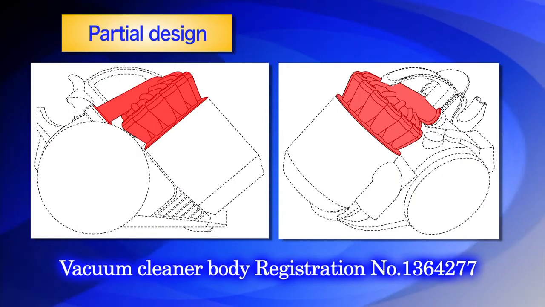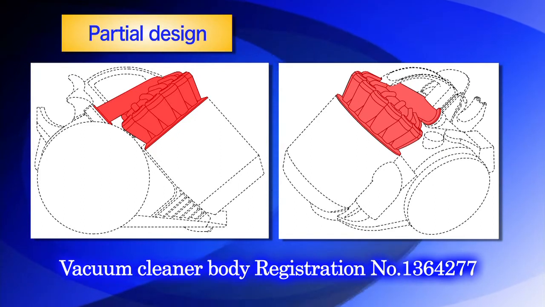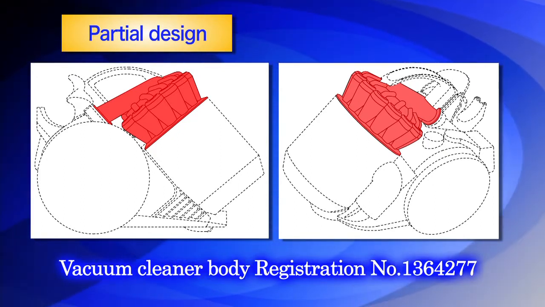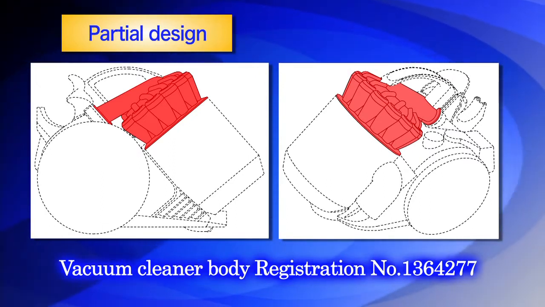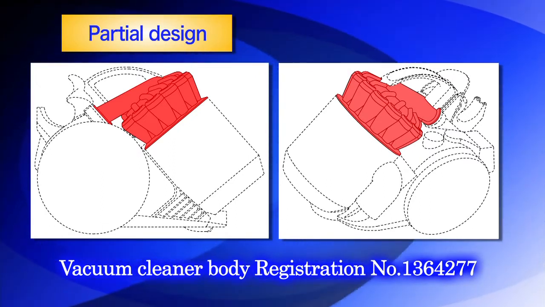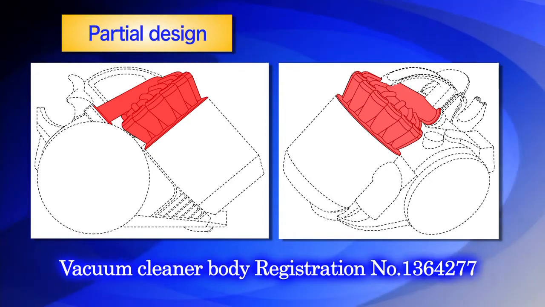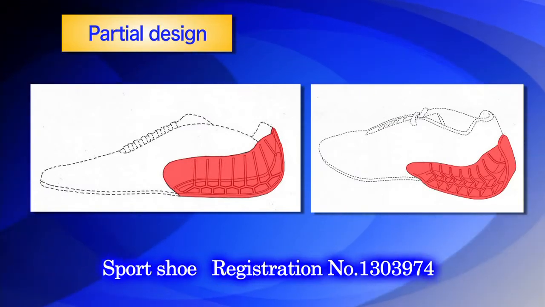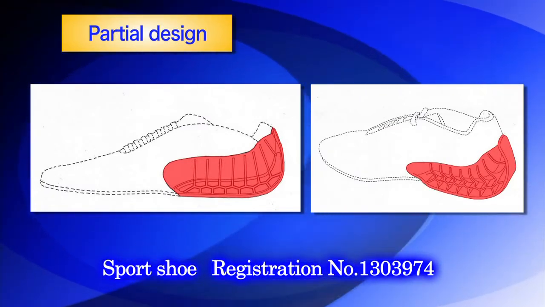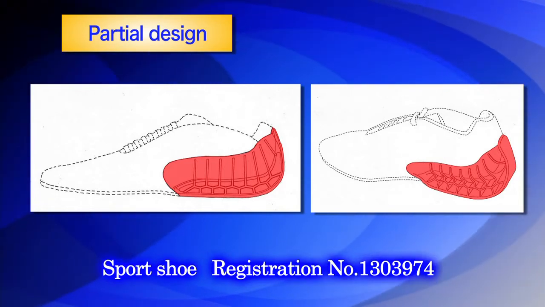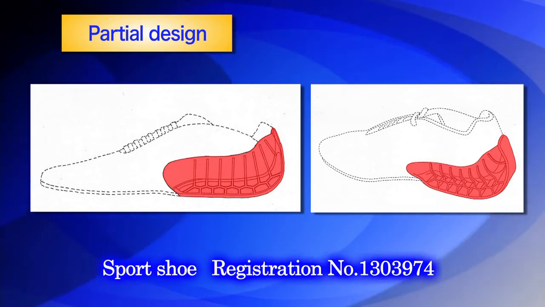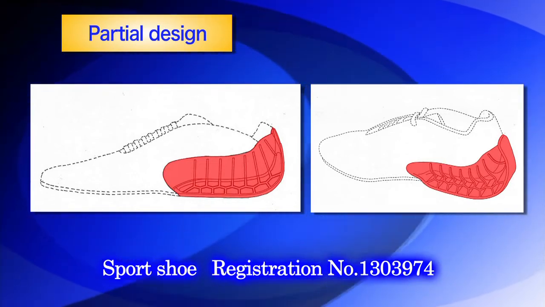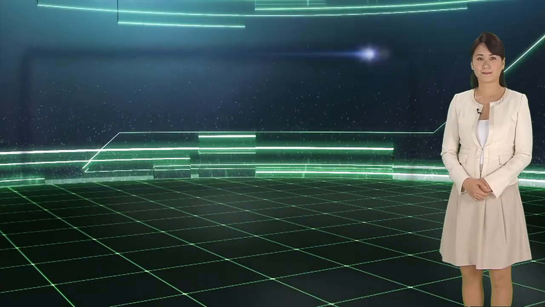Partial design system. As these examples show, part of an article can be protected as a partial design. When a design refers to a particular part of an article which could not be properly assessed if the article were registered as a whole design, it's more effective to file for protection as a partial design. If part of the article can be physically separated and become an individual product in the market, it's protected as a part or an accessory.